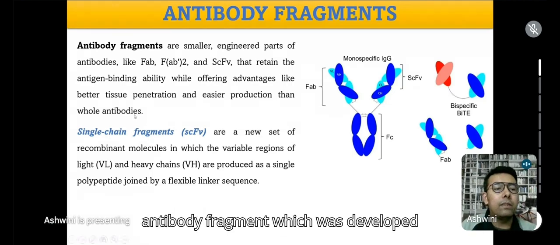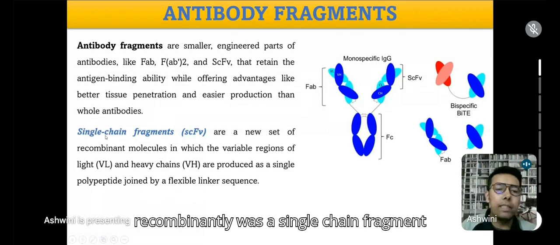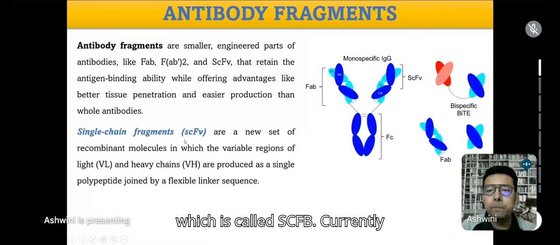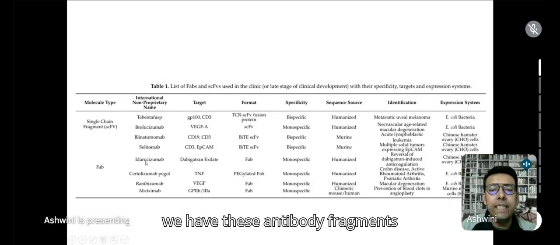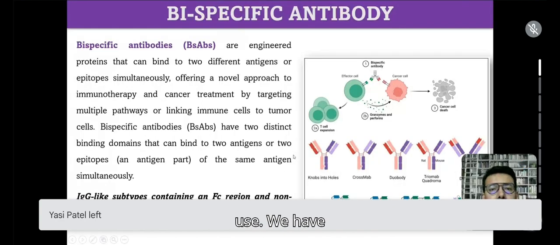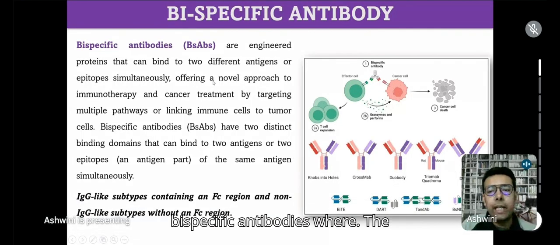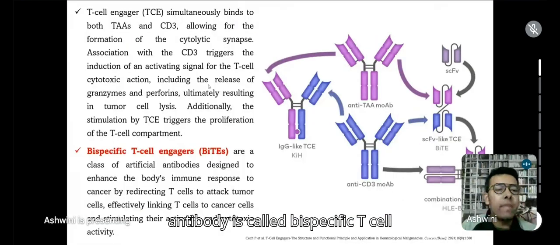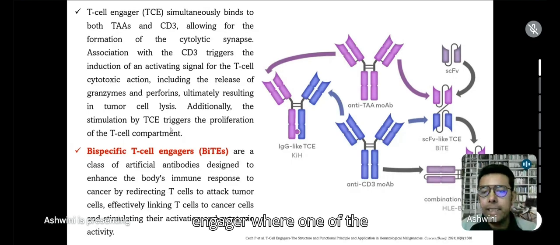So the first antibody fragment which was developed recombinantly was a single chain fragment which is called scFv. Currently, we have these antibody fragments in clinical use. We have bispecific antibodies where the CDRs attach to two different epitopes. And one very interesting example of a bispecific antibody is the bispecific T-cell engager, where one of the CDRs